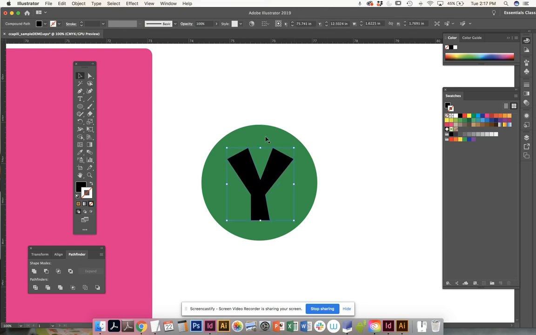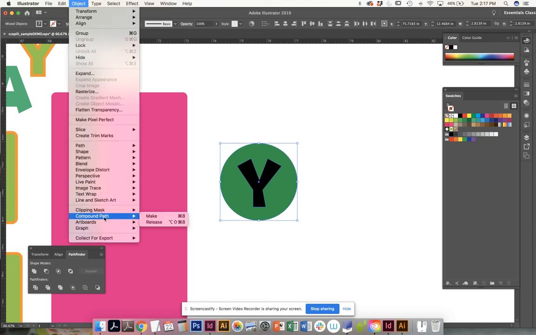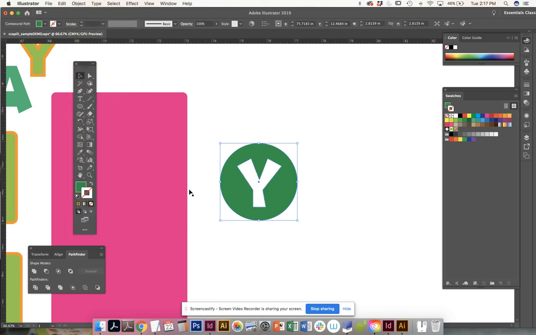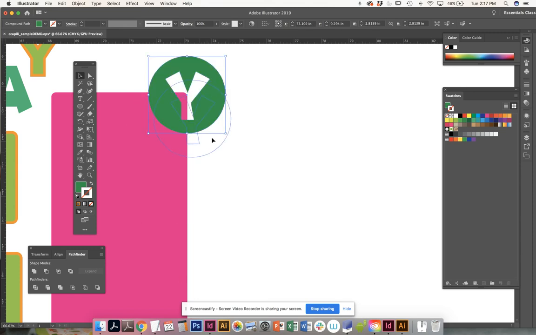Okay. So now I've got that object that looks like a letter form and the object itself. I'm going to select both. Right, they're both selected, and I'm going to go to Object, Compound Path, Make. Now, if I drag it over, it's see-through. I see that. It's a very helpful tool, this combining, creating that compound shape. So you can create a compound shape with any shape